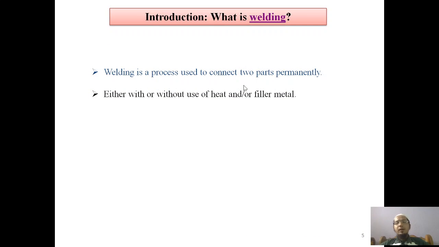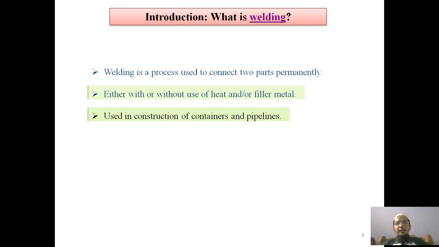Now where is this welding process used, or what is the application? Can you answer? Yes, it is used in the construction of containers and pipelines. As we have discussed, bolted or riveted connections can be easily used for plain flat plates or plain members. But what about containers or circular pipelines or any chemical industry in which big containers are used? There we have to go for welding, and welding will be feasible. Widely, welded joints are generally used in structural work also.